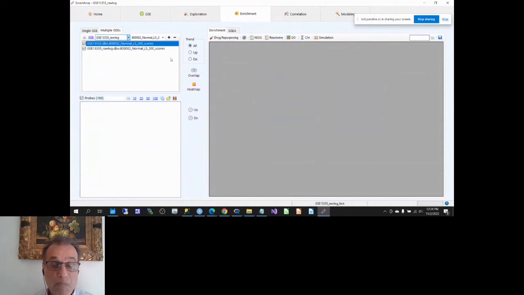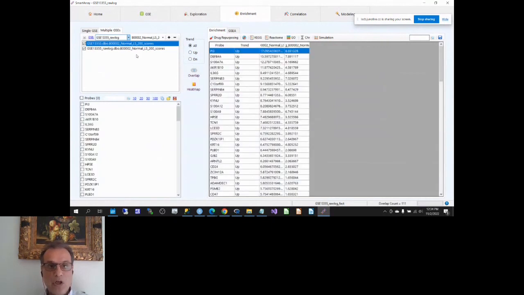By the way, this is the best data set which you have. You see a good overlap. Out of 200, you have 111 overlap between the two. It means less than 60% overlap between the two. Not only this one, you see, by the way, this is one of the best overlaps we have. The problem here is